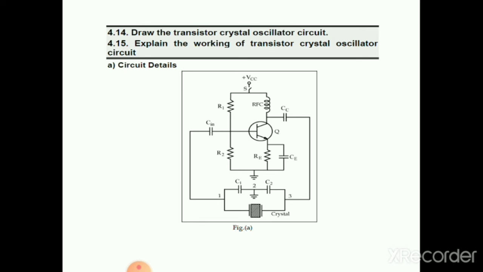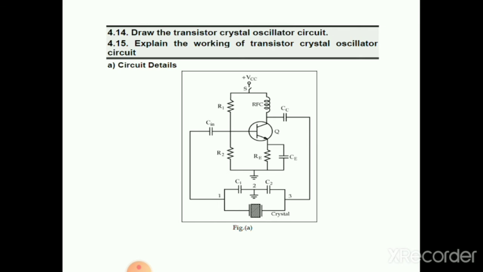Please draw the circuits. All the circuits you must draw. Otherwise, you will get confused in the exam, or you won't remember any of the components, or you will forget the components, where they are connected, what is the input connection, what is the output connection, where is the feedback, which one is called the feedback circuit, which one is the amplifier circuit. By drawing these circuits, that is the best way to remember. If you remember the circuit, you can explain the operation and circuit details in detail by yourself.